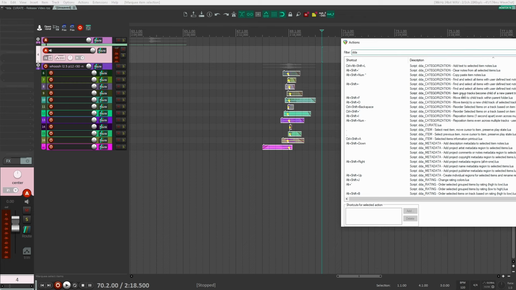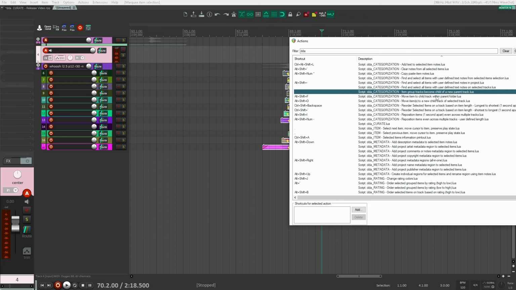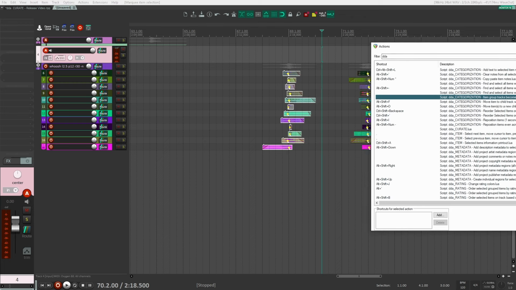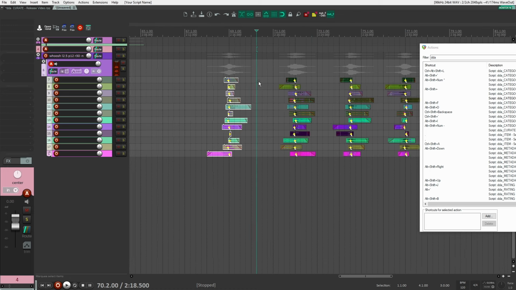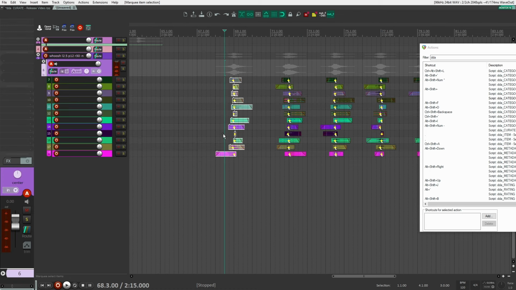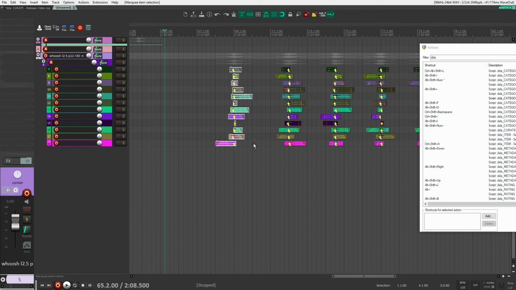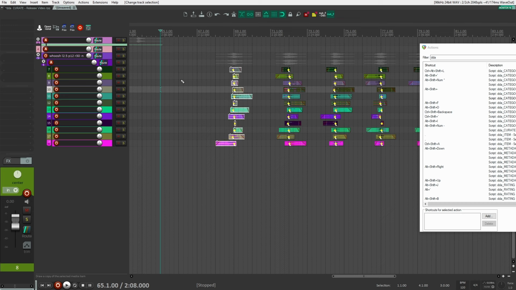And let's say I want to run this next script, which is item group tracks become the child of the parent track. What it'll do is take all of your selected tracks, so let's say all of these ones, and it'll basically put them in a parent track. So you can see here, it put them in a folder track. So if I undo it,